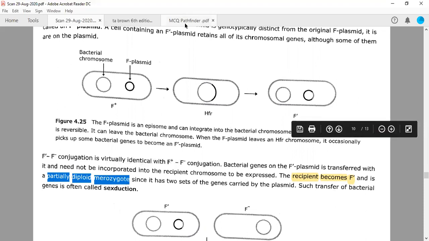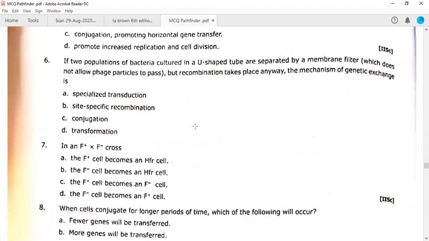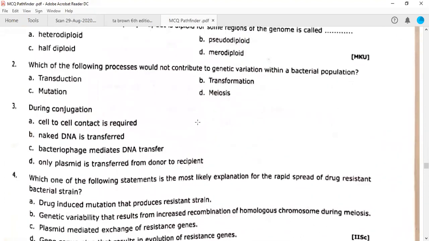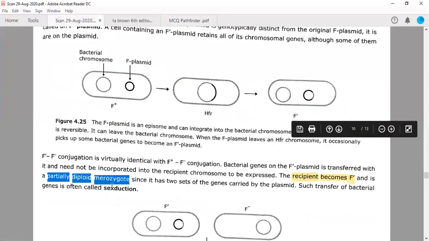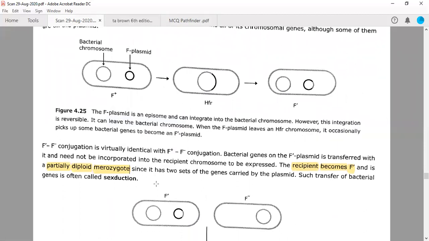So there is a question in your book also. So if you find it, there is a question. A bacterial cell that is mostly haploid, having one set of genes, but is diploid for some regions of the genome, is called as... So there are various terms for these. This is called merodiploids. These merodiploids are also called merozygote or partial diploid cells, right? So you need to remember this, these merozygote cells or merodiploid cells, whatever you call them, they will result